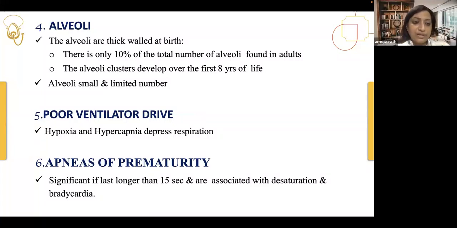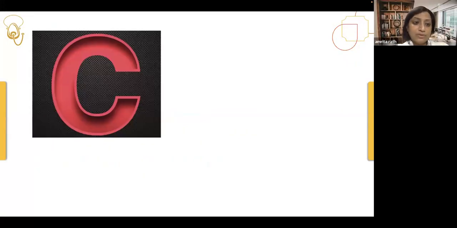And how do you define apnea of prematurity? If it lasts for more than 15 seconds and is associated with desaturation and bradycardia. This is very important. Just telling apnea of more than 15 seconds is not sufficient. And if the baby has apnea of prematurity, what you should do first is observation, then it comes to caffeine. And it should not exceed 900 mg per day. I have to say 10 mg per kg is the loading dose. Total dose I will check and get back to you.